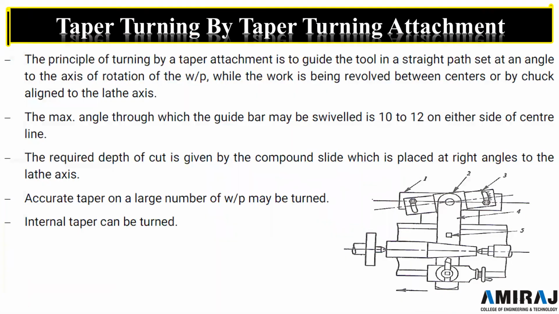In this method there is one taper turning attachment that is used so that at a particular distance the tool will automatically move, and no axial movement of the tailstock is provided. The maximum angle through which the guide bar may swivel is 10 to 12 degrees on either side of the center line,